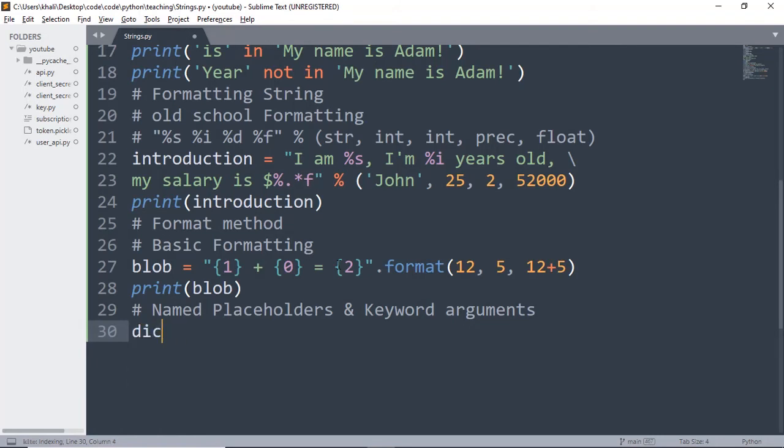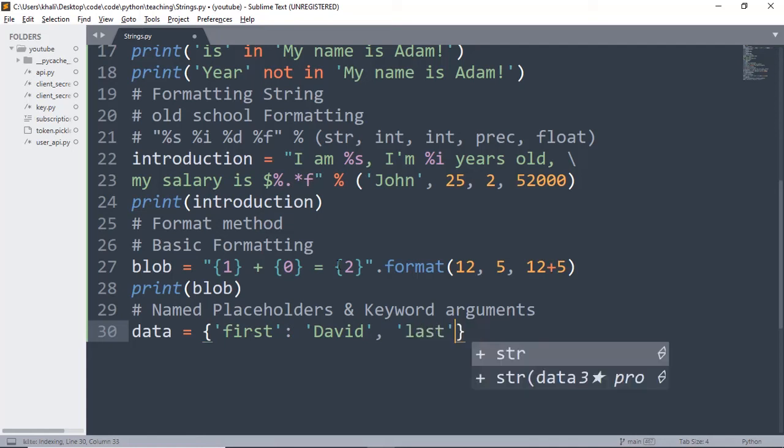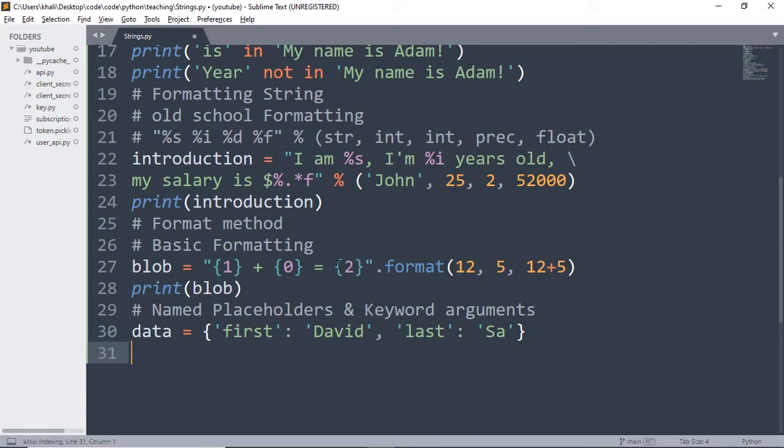Let's have my dictionary, let's say data, and my dictionary will hold, for example, the first name, which is David, and the last name, which is Sa, and I can format my string something like this: print, for example,